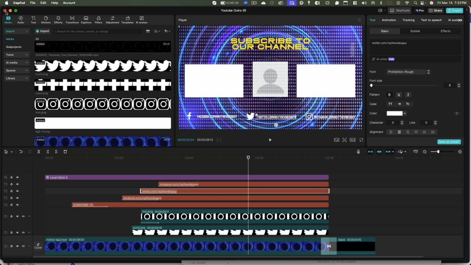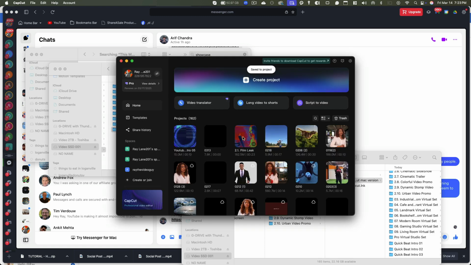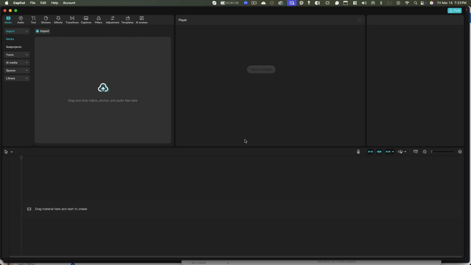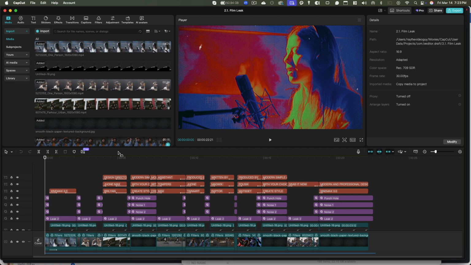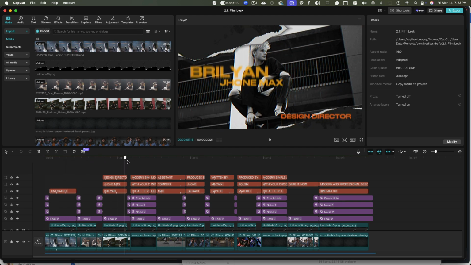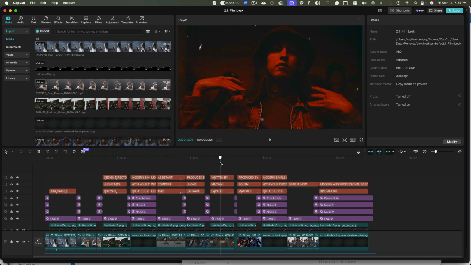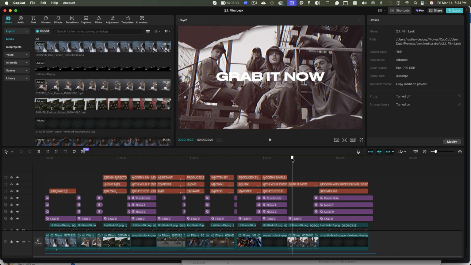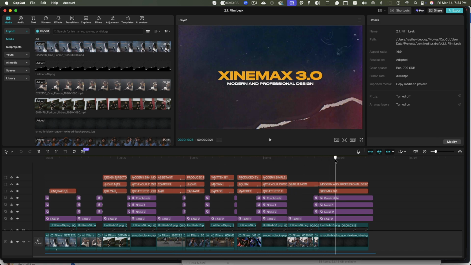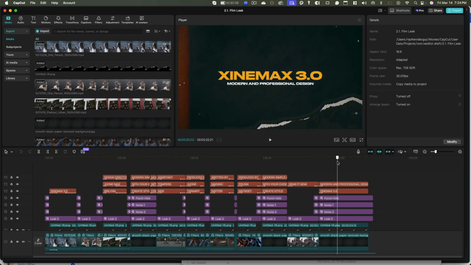Now going back here, let's close this out. We can look at some of the other ones. Like this one here, this is a film leak one. This one's really cool. So you can see it's got these film leaks here. So what you would do in a situation like this is look at these clips, replace the text as need be, and then change the clips to whatever it is that you wanted to promote. So if you got another product here, let's say that I wanted to promote, I don't know,